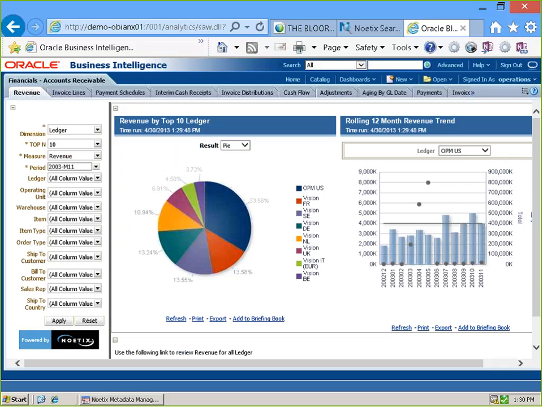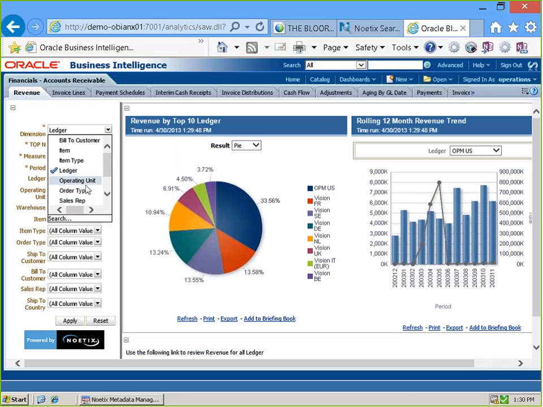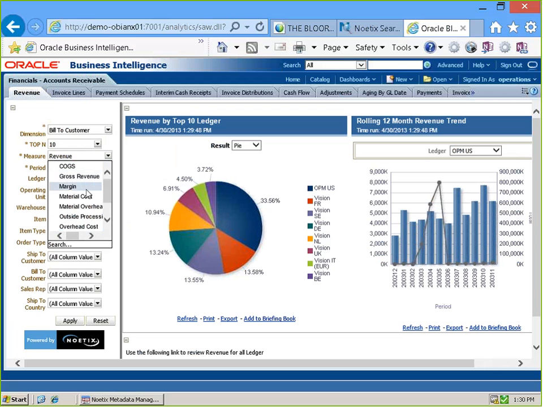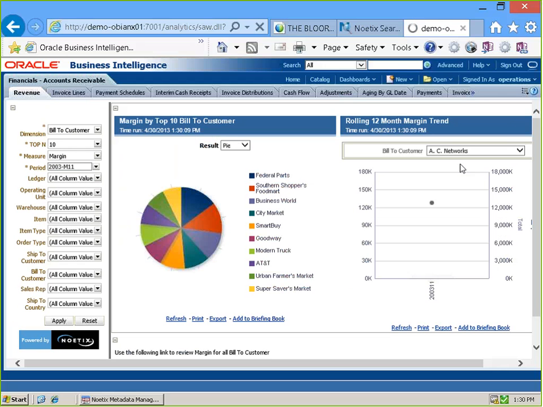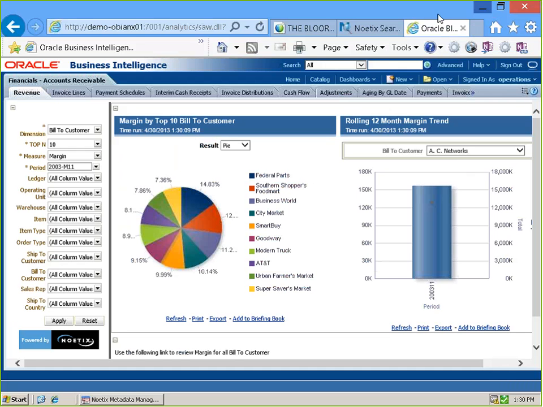So for each of our data marts, we generally have tried to build one of these types of dashboards here. It's showing you some of the key dimensions in the underlying data mart. For example, I can look at this top revenue by bill to customer, or I could switch and look at margin and rerun this report, and presto, we're now looking at the top 10 customers by margin. So I won't belabor all the features and functionality of OBIEE, because I want to get to the last part of my demonstration,